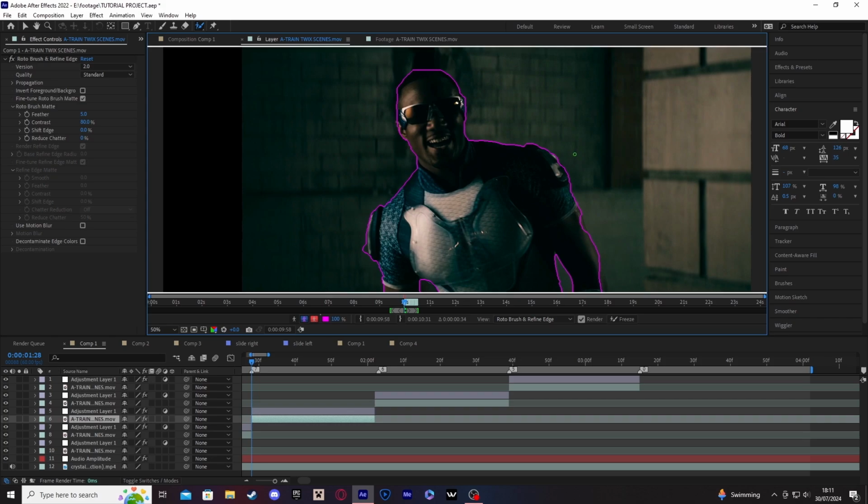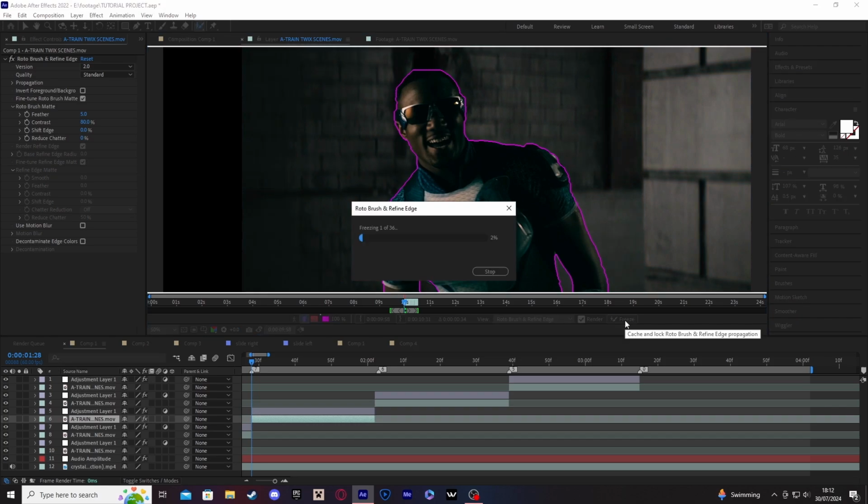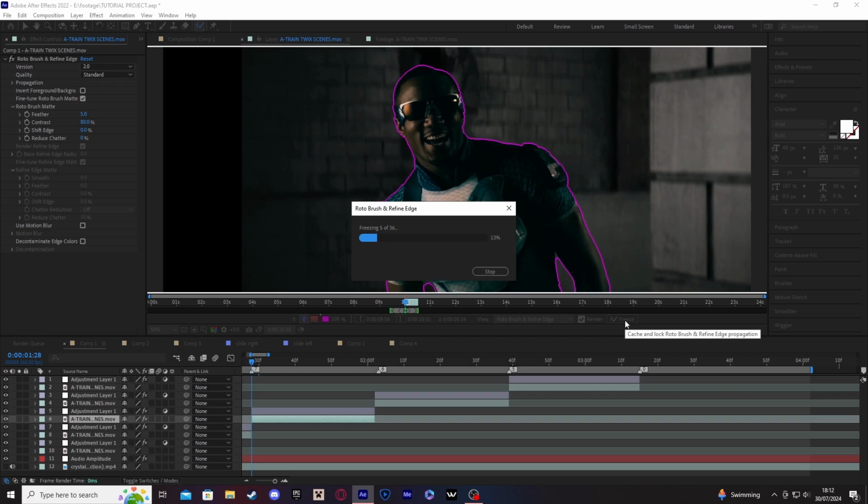I am almost happy with this. So sometimes the tool can be a little bit fiddly, but there we go. So that is going to be our final one, and then from there you just want to click freeze. Just touch that up a little bit there actually. There we are. Then from there just click freeze, wait for roto brush to do its thing, and it's just